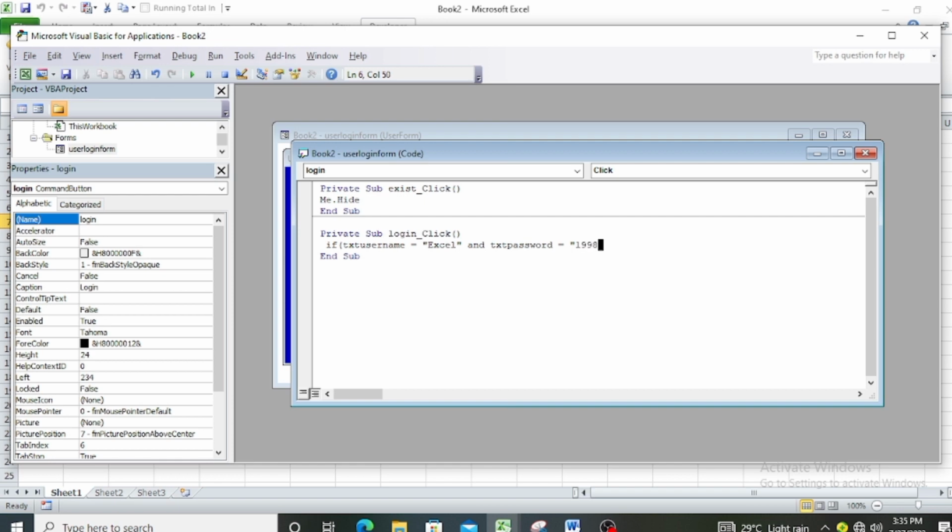Let's close the bracket. Then, okay, so now we say if txtusername is equals to Excel and the txtpassword is equals to 1998,